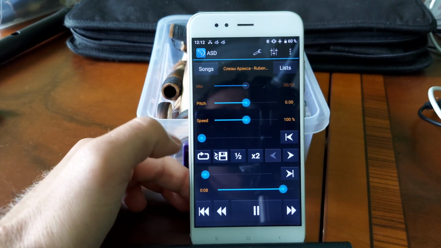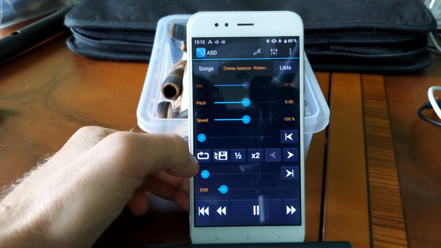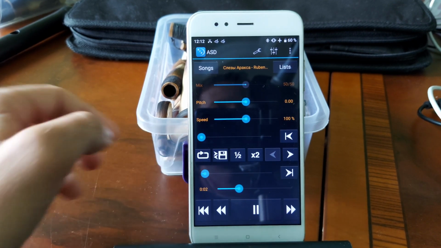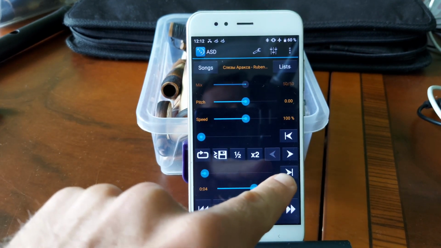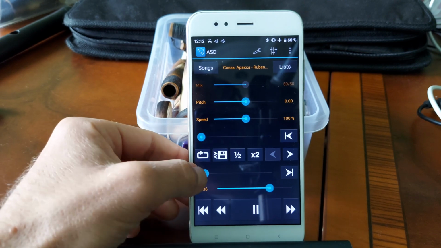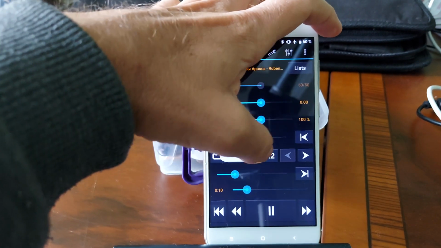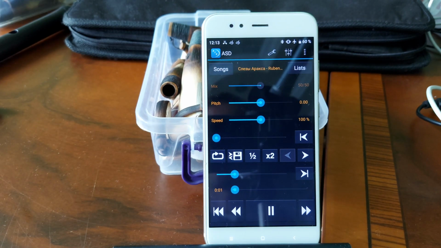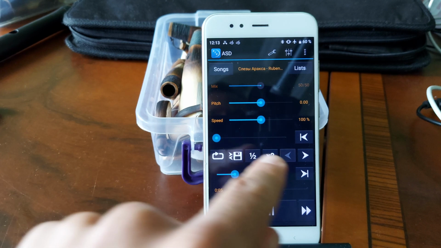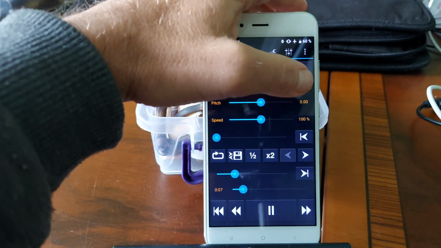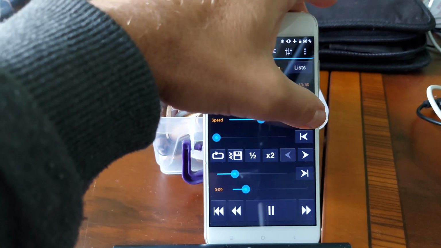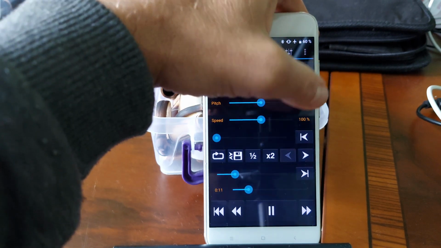Now I go to the next one. I move this bar a little bit. The end point of the phrase, I move it to the right. And I have to choose another starting point, which will be somewhere here.